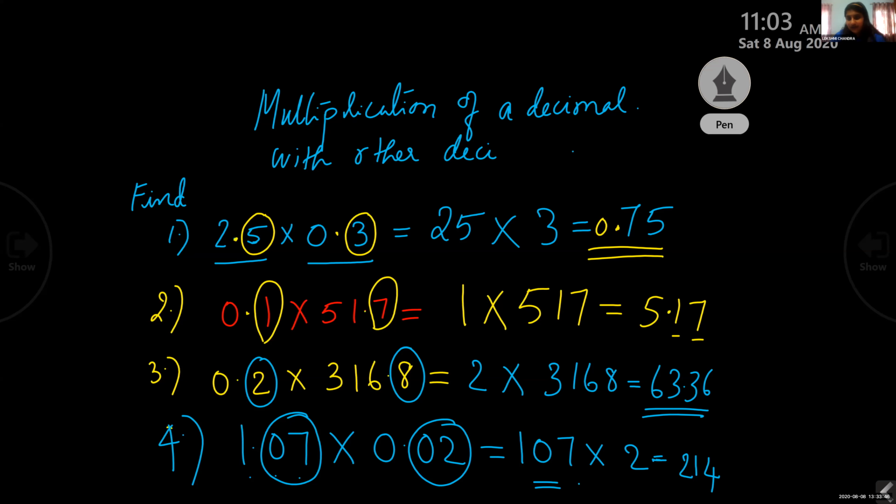0.214. Here we have only 3. So add a 0 here, after the decimal point: 0.0214. If you add it on the right side, there is no meaning. After putting the decimal point, if you put the 0 on the rightmost side, it will not be added with the place value. So you have to add it before. So 0.0214 is the answer.